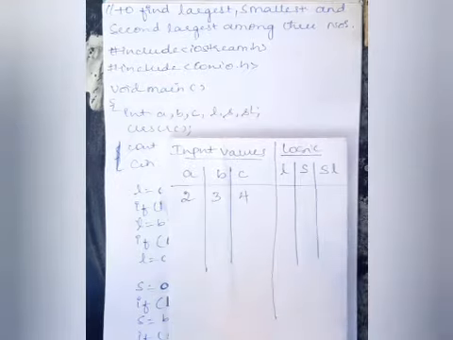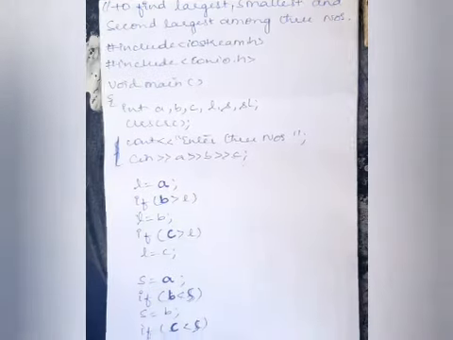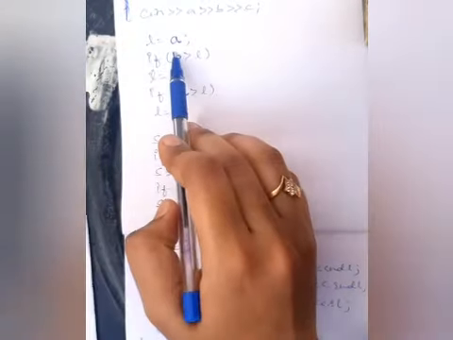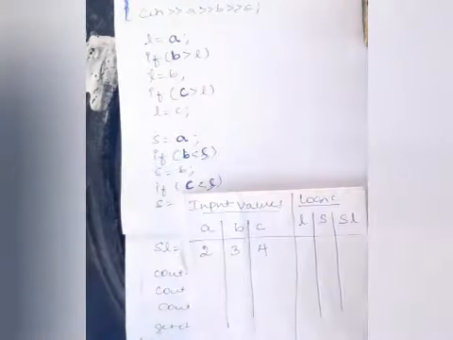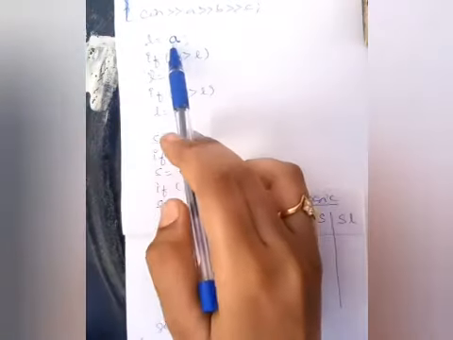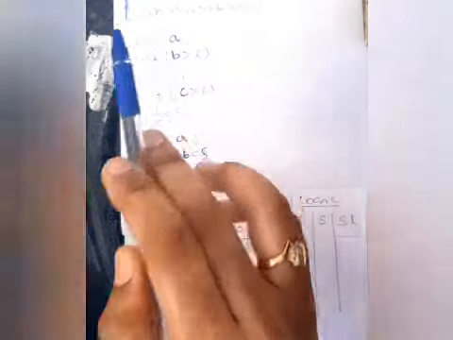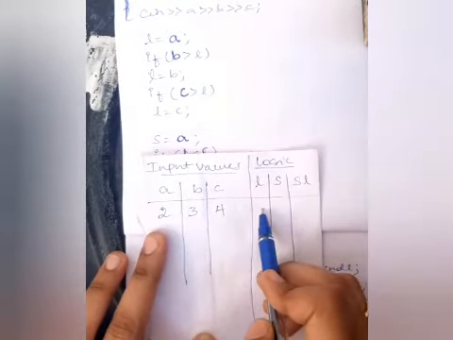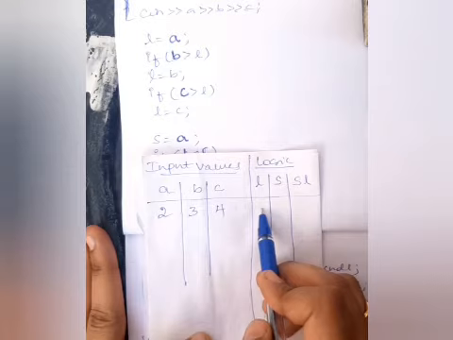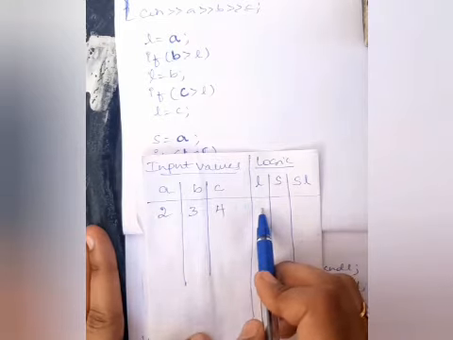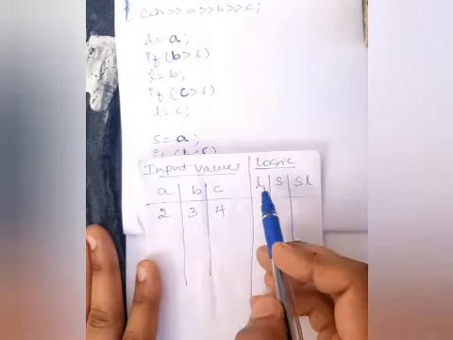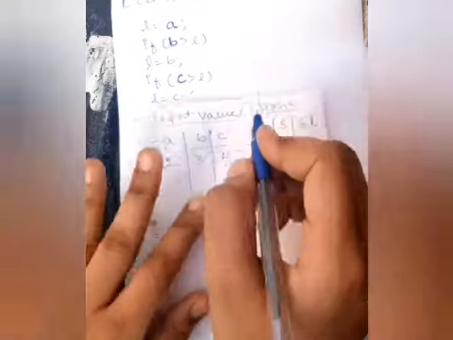Okay. Now, we will trace the program by using this logic. Look at the logic we have. For the first time, we have to assign a value to the L. Why? As I said, because we need to have some value to compare with the remaining input values. So now let me assign a value to the L. Now L becomes 2.